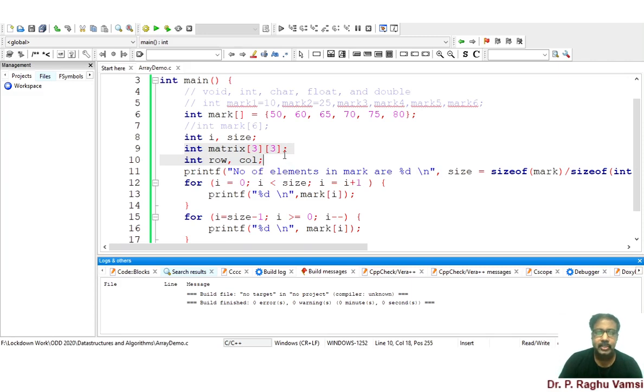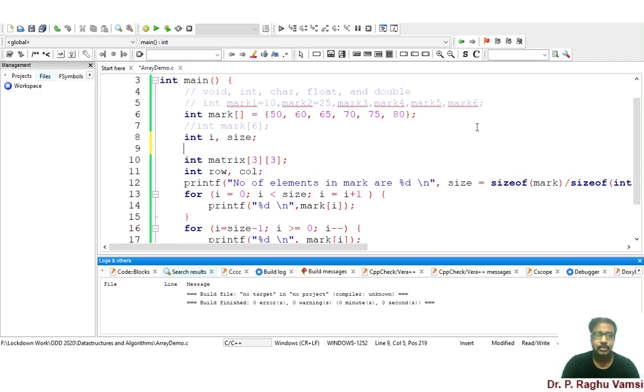If you want to initialize the two-dimensional array at the time of declaration itself, just like your single-dimensional array, you may also do like this. For example, int dmat of. Whenever you initialize at the time of declaration, you don't need to define the row size, but column size must be defined.